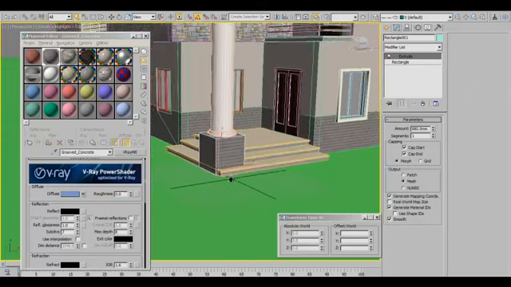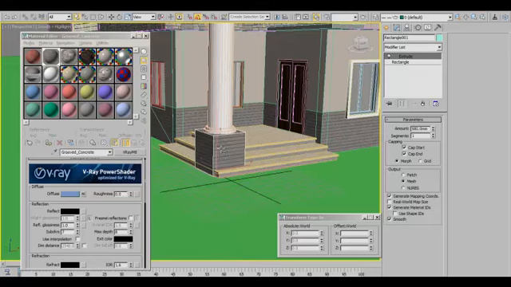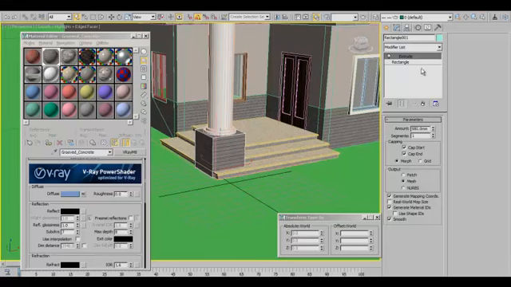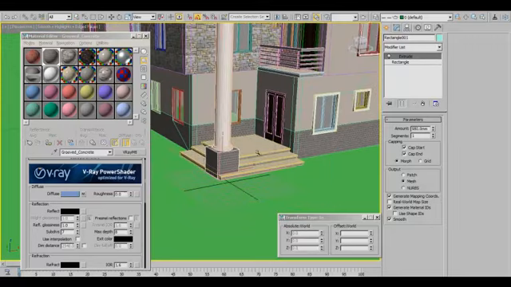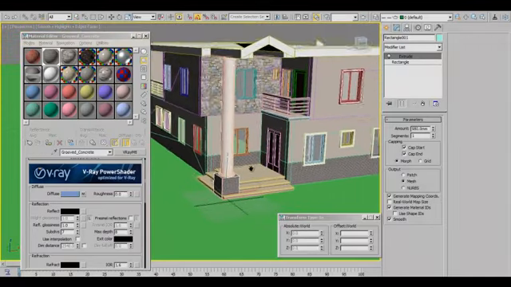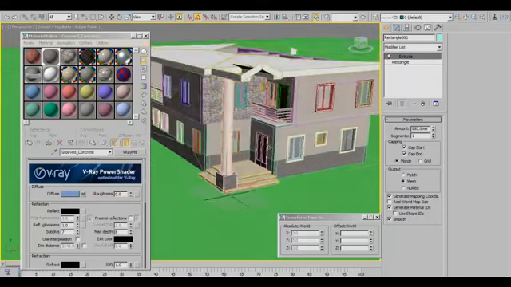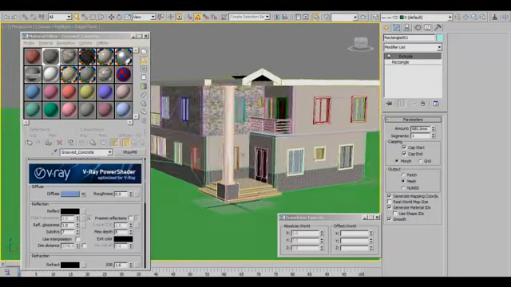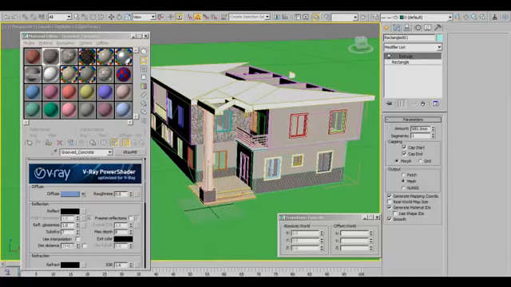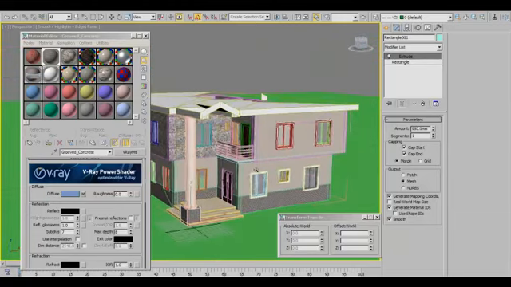Then of course because this also generates its own mapping coordinate, you can see it works out fine. It works out fine even without applying a UVW map. You see, it generates mapping coordinates, and it makes it look good. You can as well just apply one if you want to adjust, if it doesn't look good. And I think that is all for now, and we are going to move on to the next